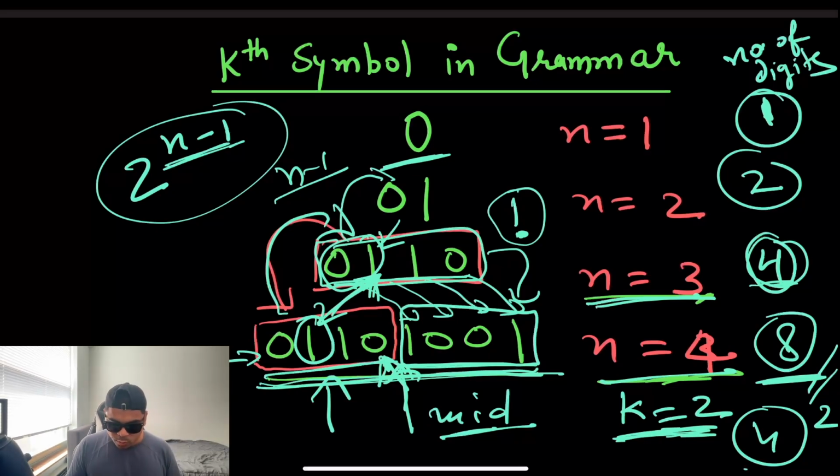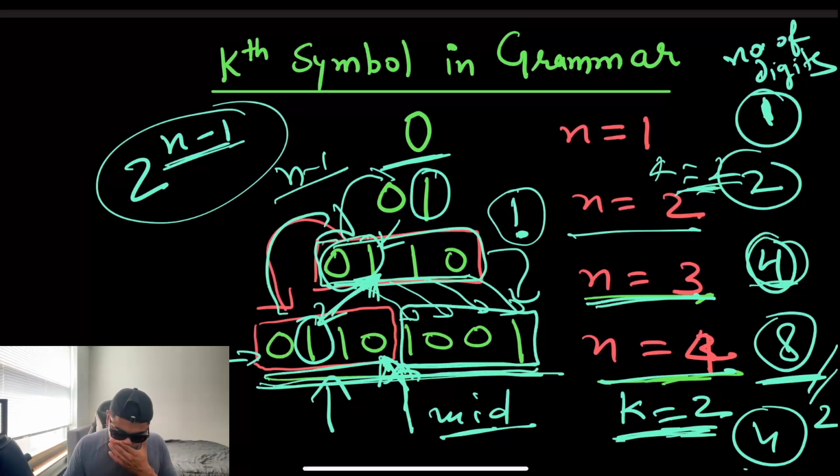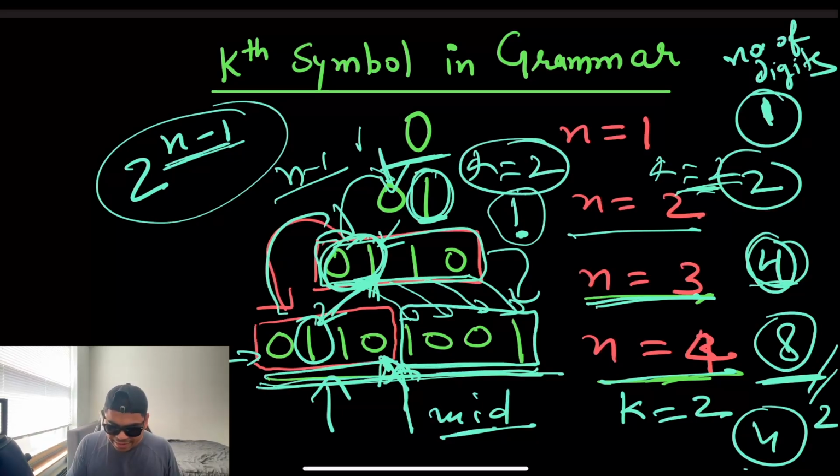Otherwise, what if k was greater? This time, when n equals 2 and k is equal to 2, the mid will become equal to k, so I will just return from here. All right, otherwise what will happen is, or actually I'm so sorry, this is not what I meant. I meant this time when we do n by 2 here, my half will be 1, but my k is equal to 2. In that case, I will call